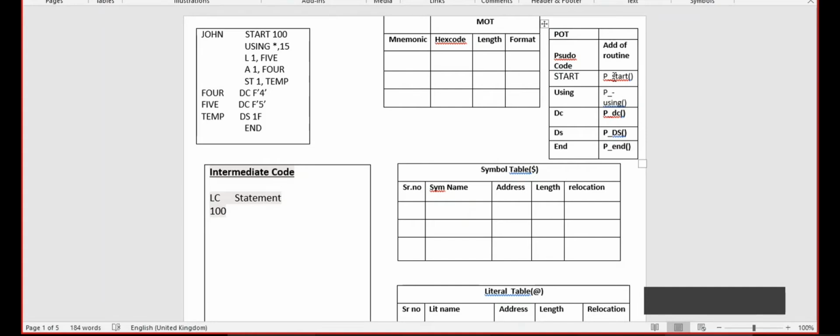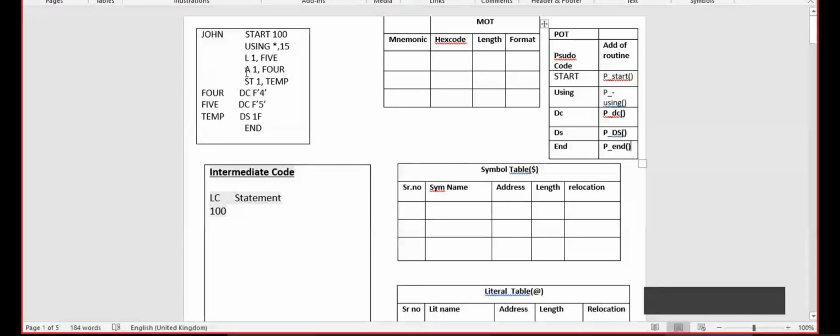Now the second task is we have to find out the MOT table. The MOT table contains mnemonic, hex code, length, and format. Which are the mnemonics which are present in the given assembly program? Here is L, A, and ST. These are the three mnemonics.